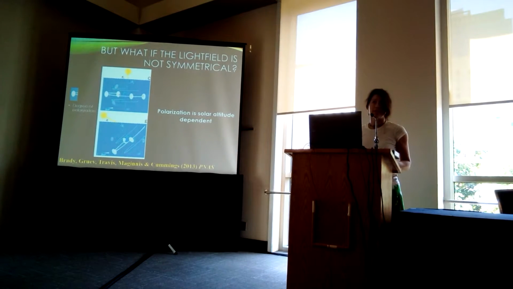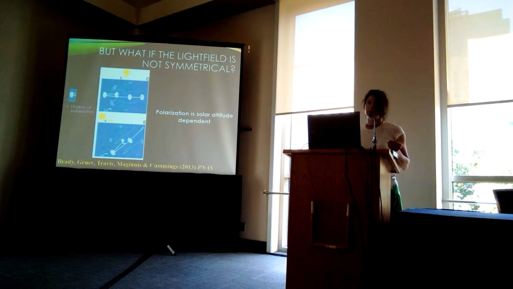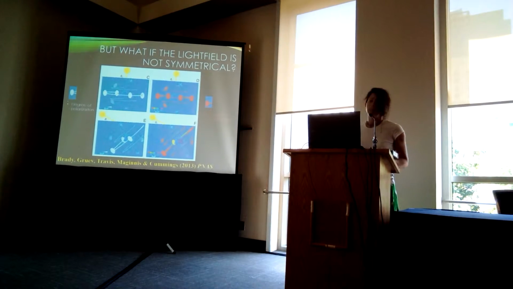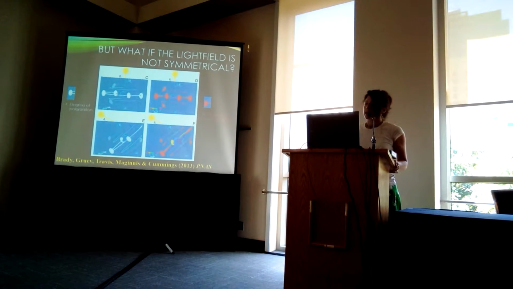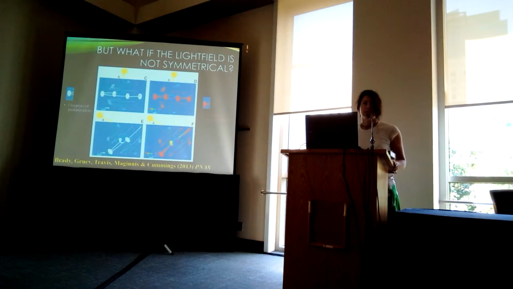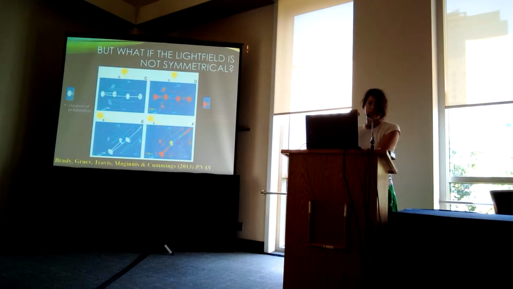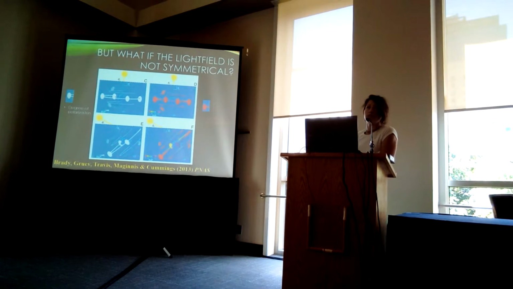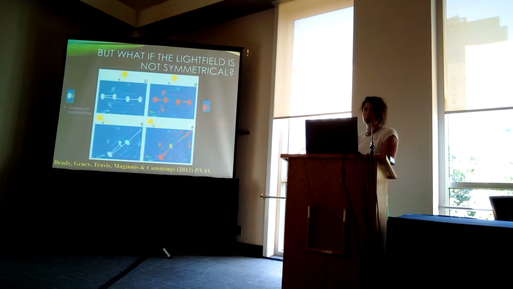And the polarized light field changes with the changing position of the sun. So the main plane of the polarized light, or the vibrational plane, is always orthogonal to the incoming rays. And so as the sun tilts across the sky, the main plane tilts with it. And as you can see, this sets up a really heterogeneous optical backdrop for fish,